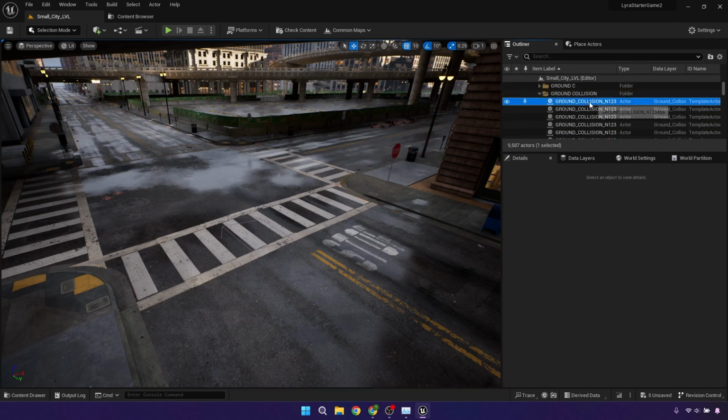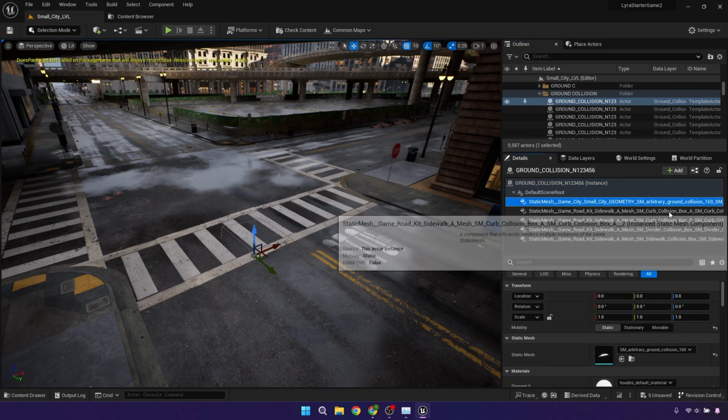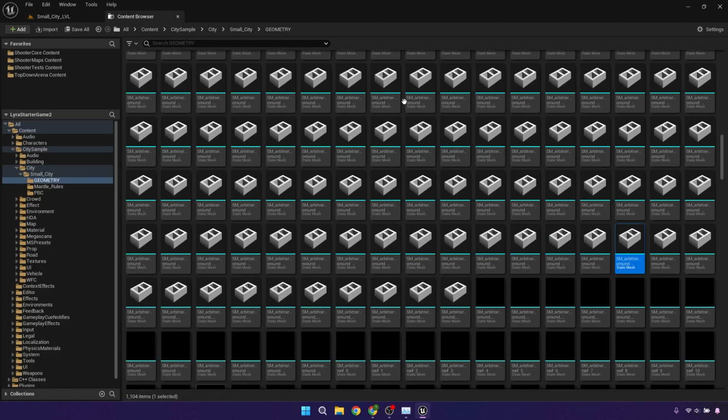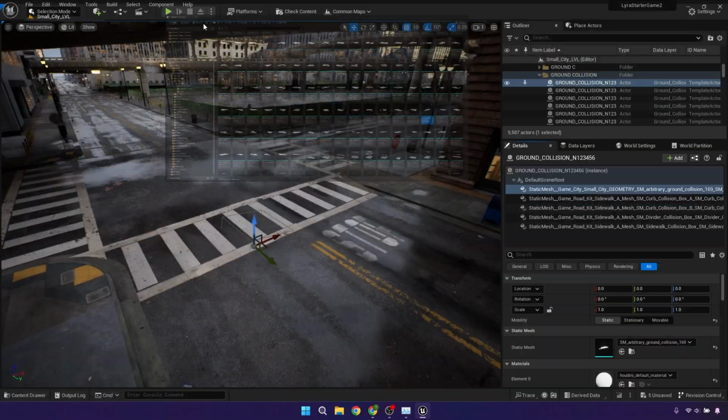So if you go into here, click this, make sure that these static meshes are there. Same thing that you did with the highways and the other parts. Just make sure that all of these are not blank. Again, easy to follow, set the labels. You'll be able to set these up. Again, you can do it one of two ways. You can search through here or detach the content browser and do the exact same thing we did